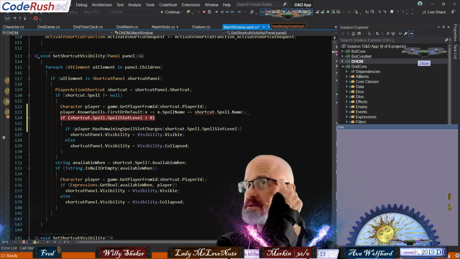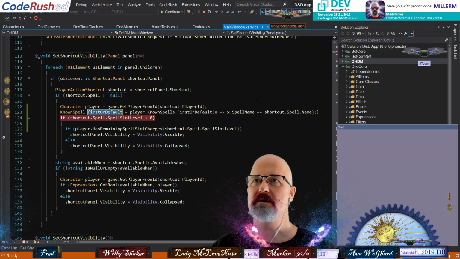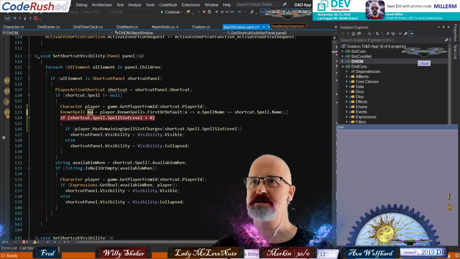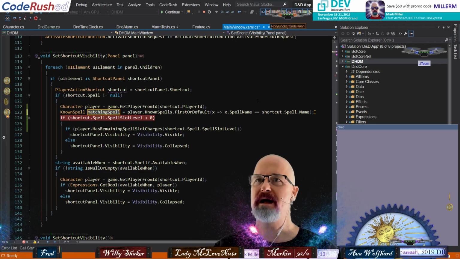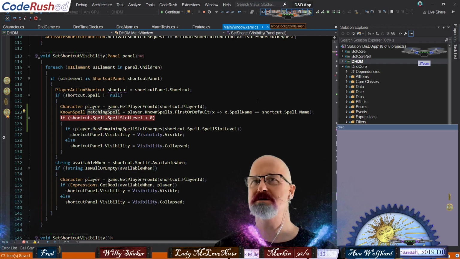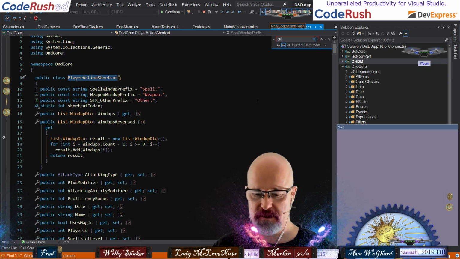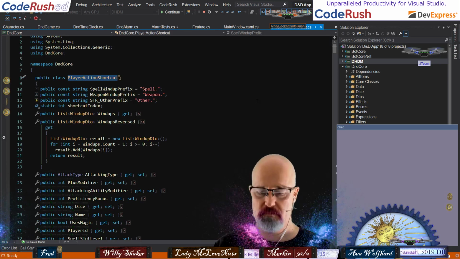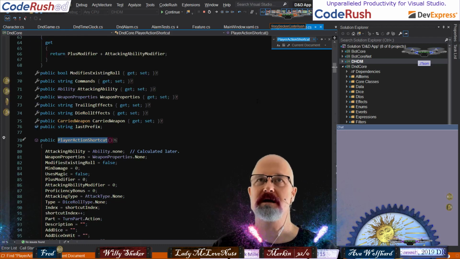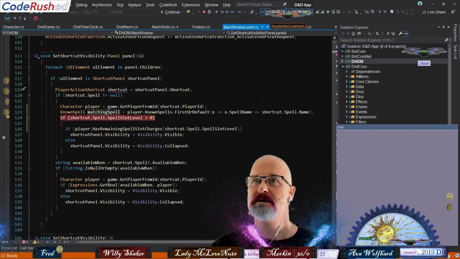And then we're going to use CodeRush to declare a new local. We're going to call this matching spell for that thing that we built. I really just thought I would put charges inside of the shortcut panel, but okay, I'm fine. I mean the shortcut inside of the player action shortcut. Let's just double check that. Jump inside here. Do I have anything called charges in here? I do not. Let's do one more time. Charge. Nope, I don't. Okay. So deal with it, Mark.